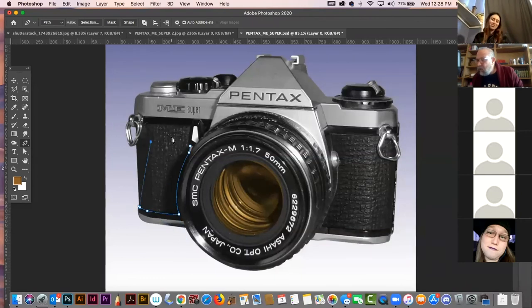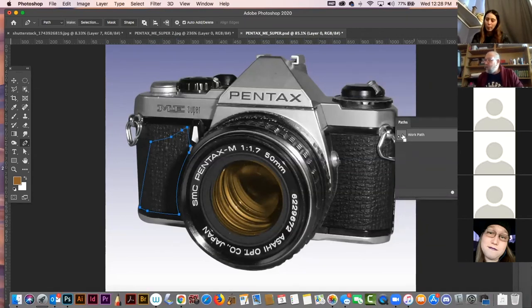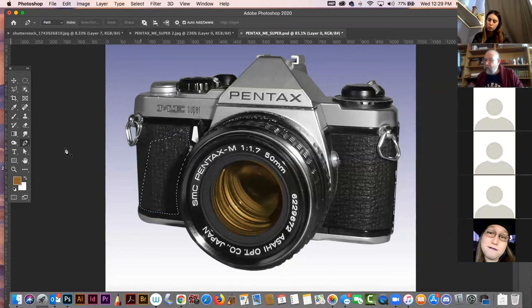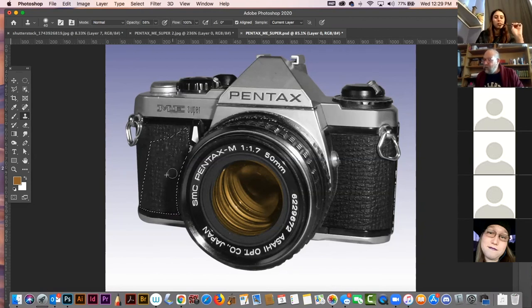So maybe I'll come in here, make a selection again, go to my work path, command click the thumbnail, boom. And maybe I'll just take, because this texture is pretty random, my eyedropper tool, go a little bigger, got a soft edge there. Sometimes the soft edge will be too soft and you got to dial it in, okay? And it's on 58%, that's probably fine. I'm going to grab some of this over here and start painting this into here